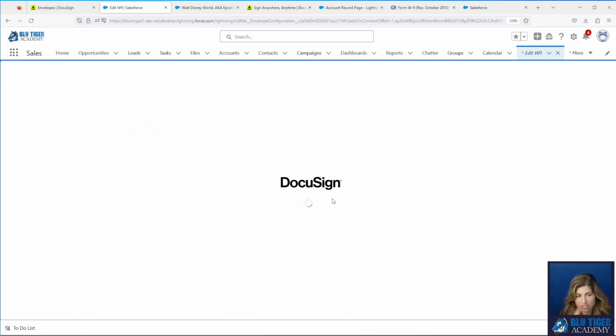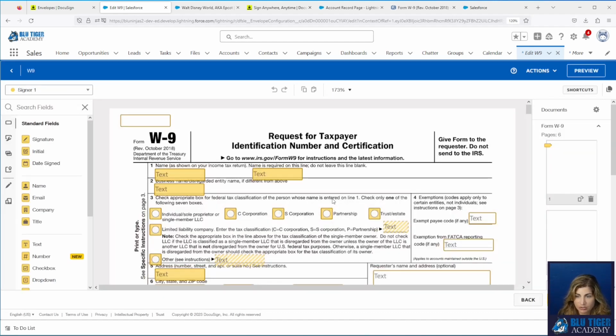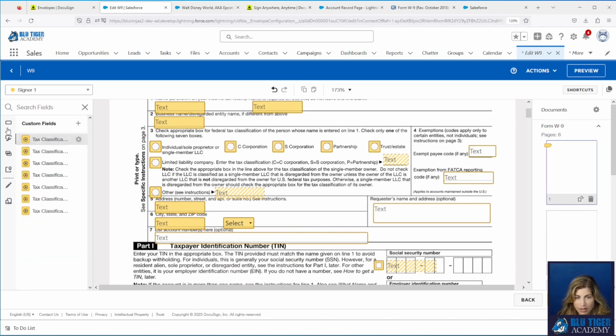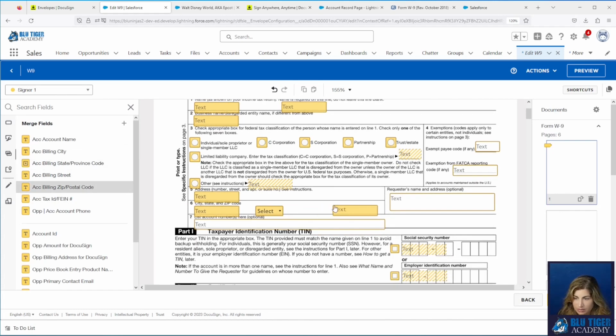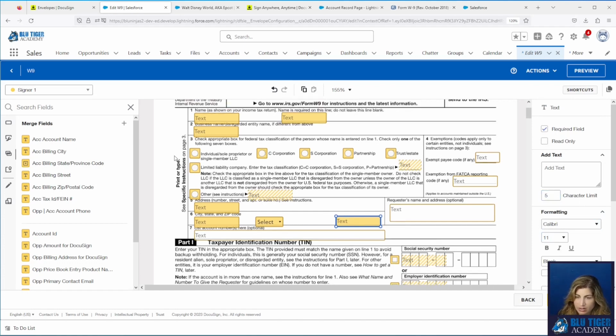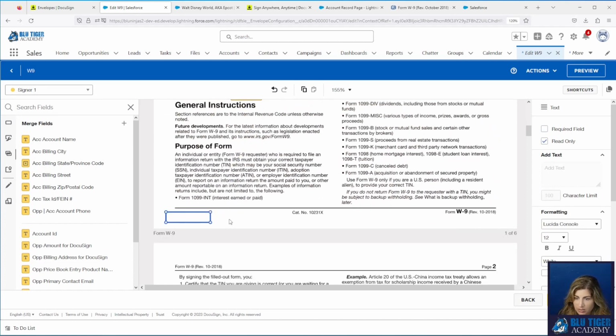And then whenever you make changes to a merge field, it doesn't auto update on your template. And I'm sure that's by design, and I agree with that. You just need to make sure that you remove the field that you just modified in your template and you add it back. So we will add this back over here. We'll give it the right formatting. We only want it to be 5 digits, so we can limit it there. And then we'll just drag this little account ID down to the bottom here because nobody cares about that.